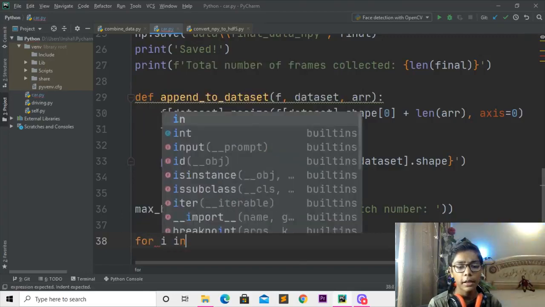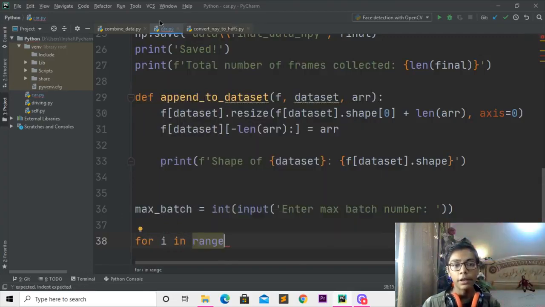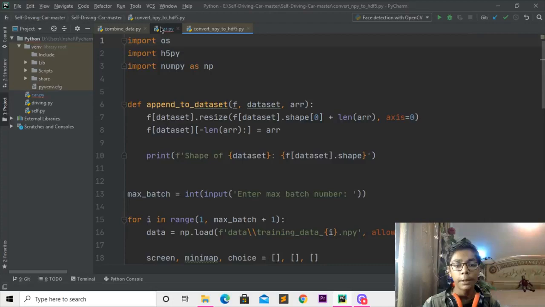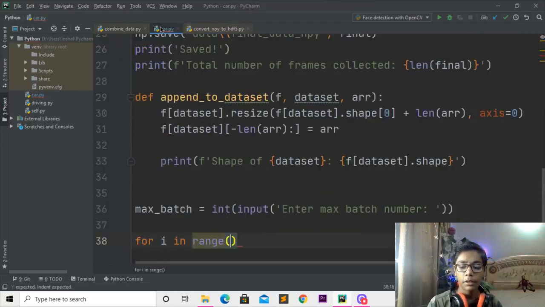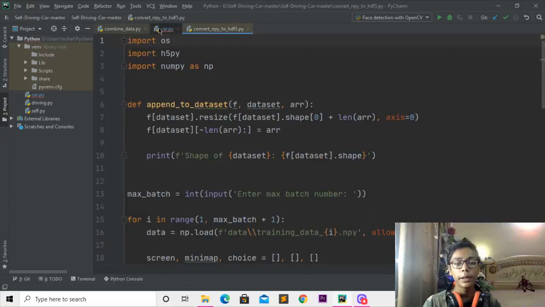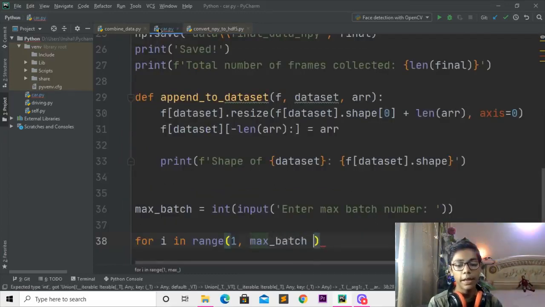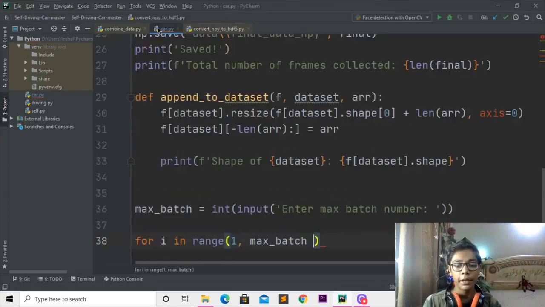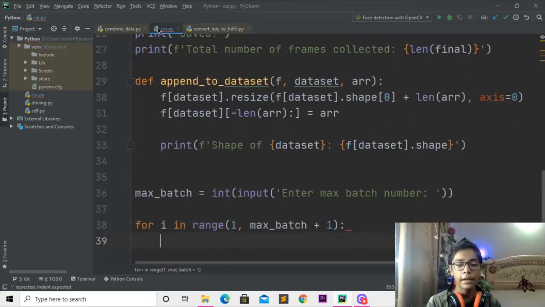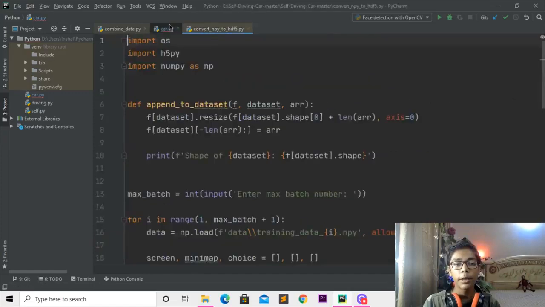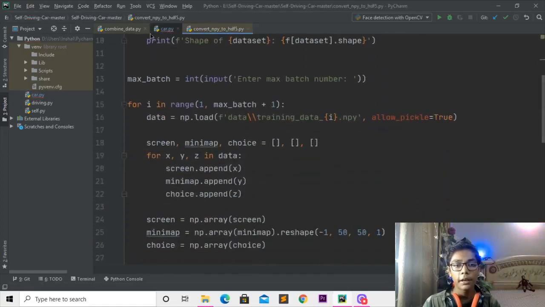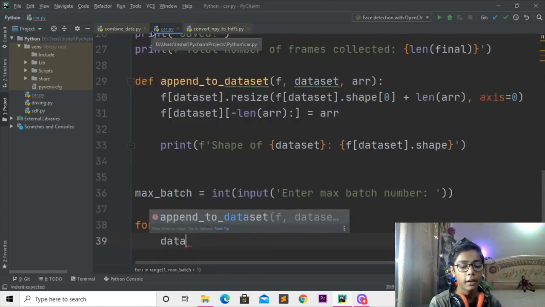When you've done that, I'll come here again and change that to for i in range. Then I'll change that to 1 max, and then 1 max equal batch, then move forward and change that to +1, and write a semicolon. Coming underneath, you can see it is written data